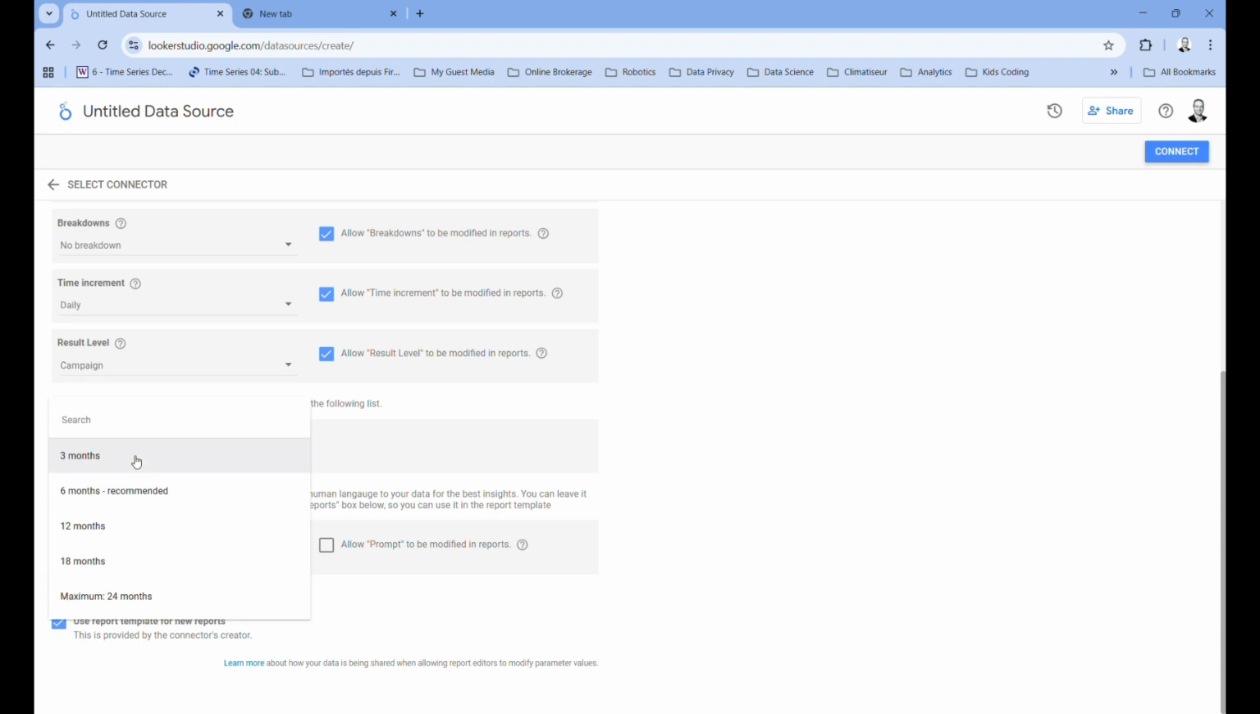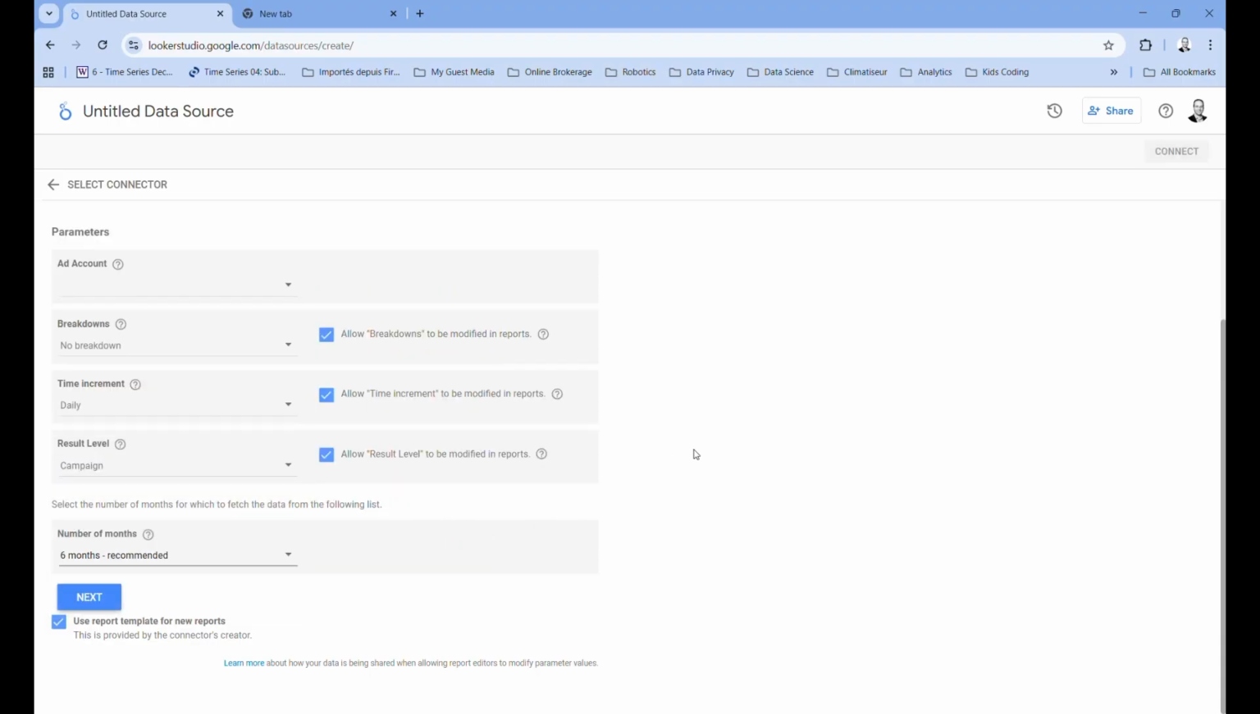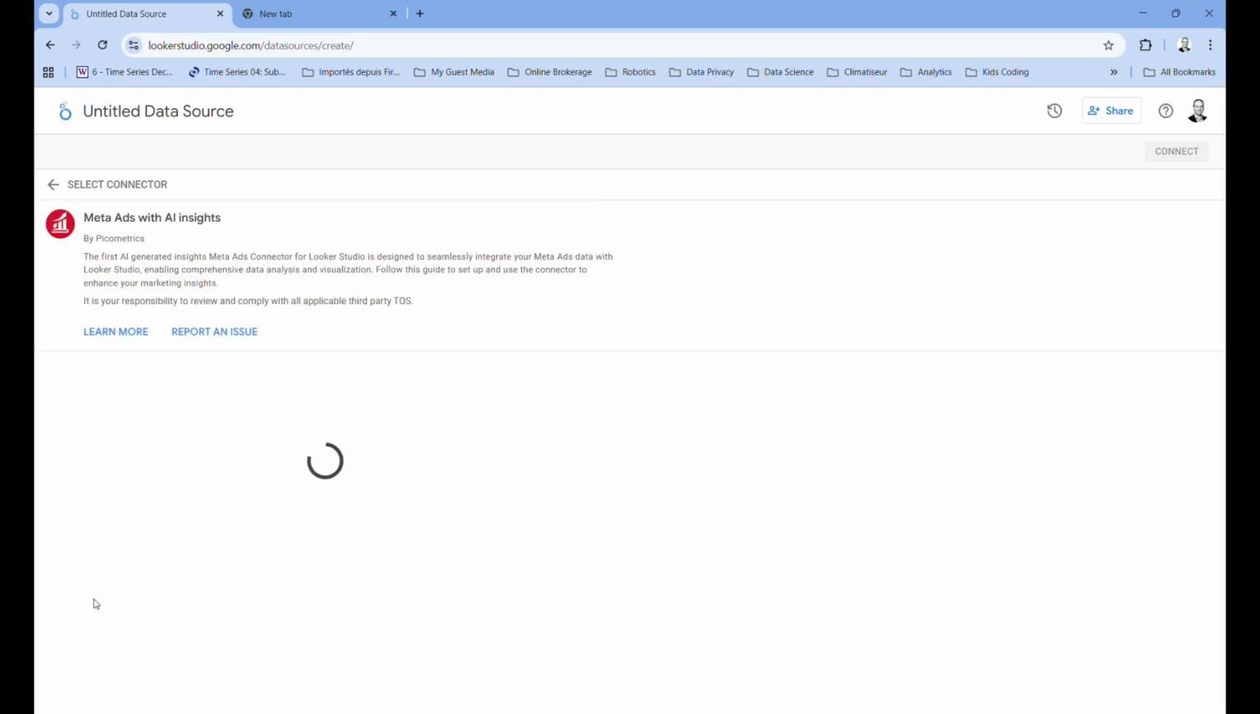So the number of months is basically for how long you want to go when you bring your data from the Facebook ads account. So the maximum you can go is 24 months. So if the campaigns that you are running on your Facebook ad account are there for the last 6 months, you can choose 6 months. Otherwise, you can choose 12 months. Most of the time, 6 months is fairly appropriate and enough. So then you click on next,